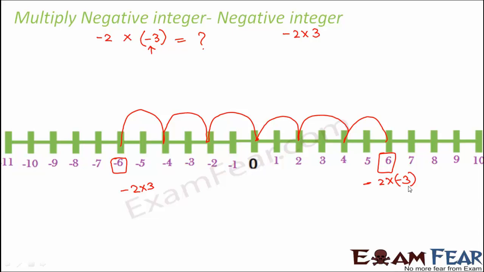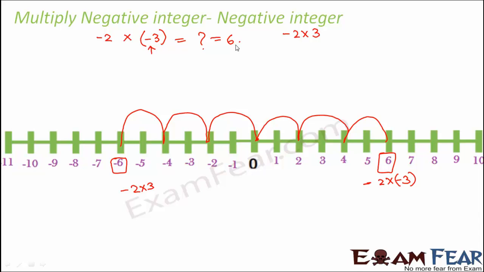So in this case, what is the product that you are going to get? You are going to get a 6, a positive 6. So even though you multiplied 2 negative integers, the result that you got was a positive integer. Now let us do yet another experiment which will be more interesting and will tell you that whatever I am telling you is correct, because some of you might not be convinced that, since there is a minus sign, why should I move in the opposite direction?